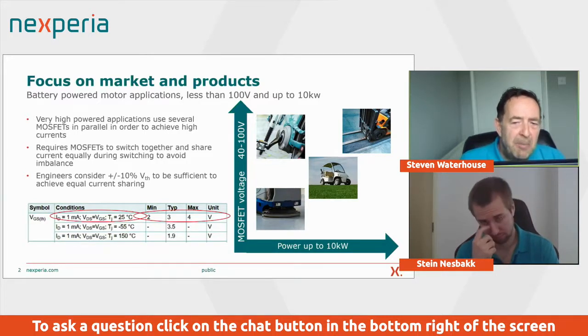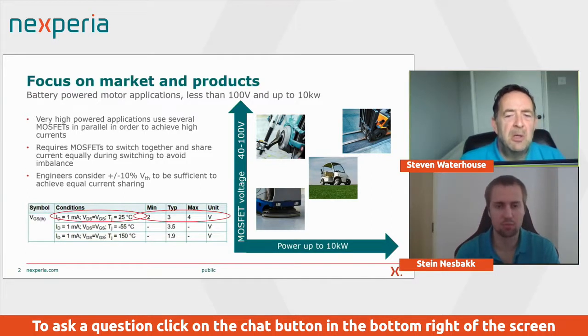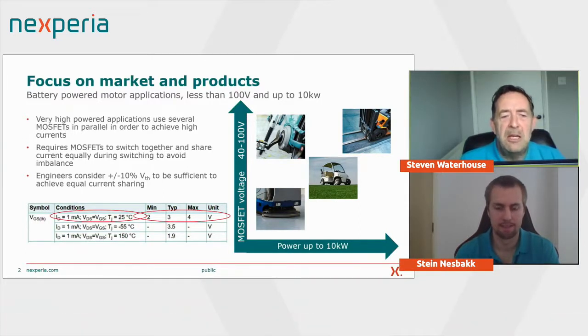These are switching applications, so it's not DC. We don't just turn the MOSFET on and leave it on. We want the MOSFETs to share current equally during that switching cycle to avoid any imbalance. Normally engineers would consider a plus or minus 10 volts threshold voltage range to be sufficient to achieve